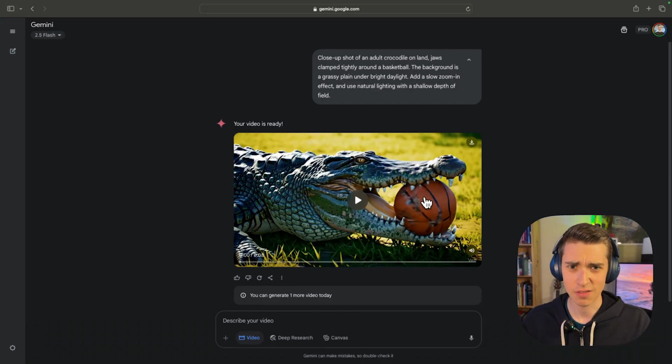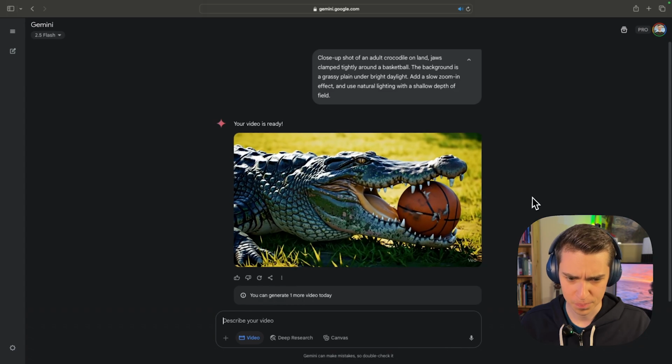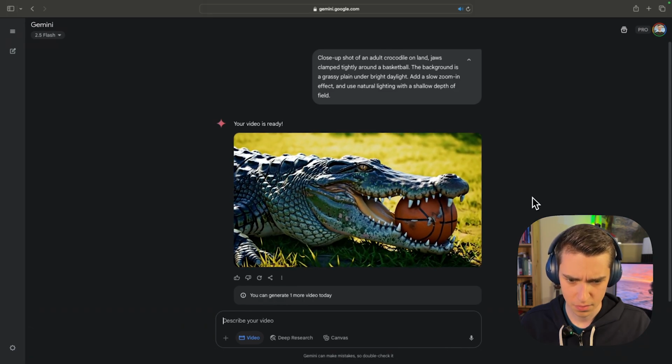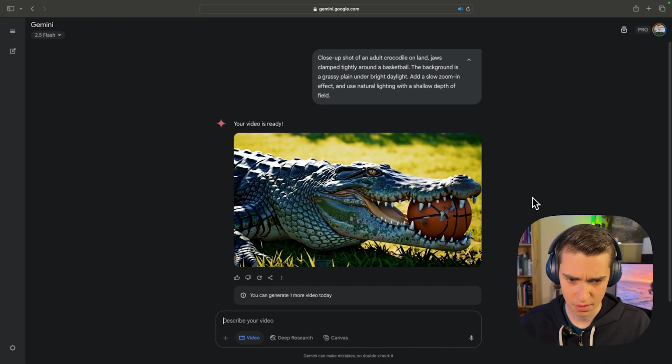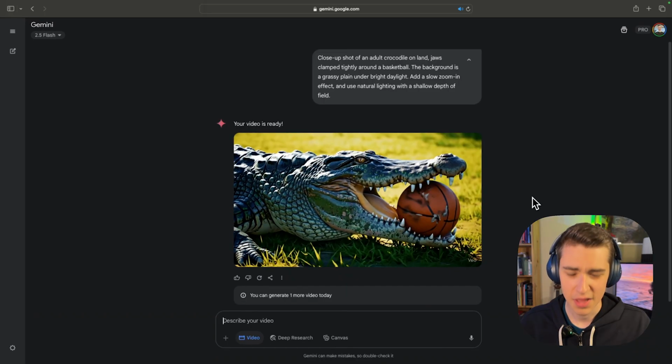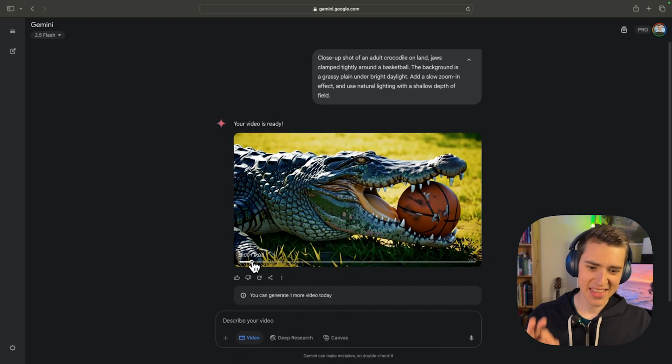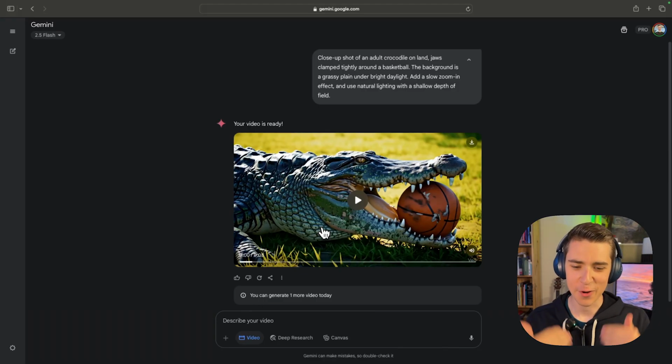And we can see that instead of the basketball teleporting to the crocodile's mouth, it looks much better because the basketball is already in the crocodile's mouth. So let's go ahead and take a look here and see what it actually looks like. There we go. So I would say that this is a much better video